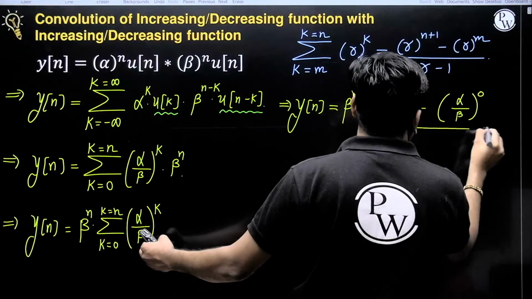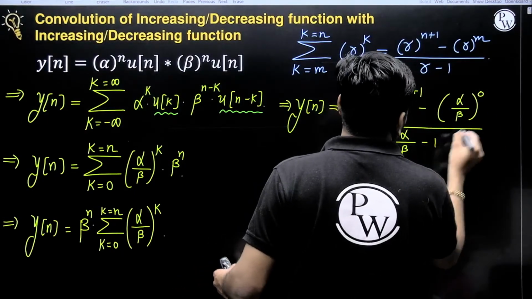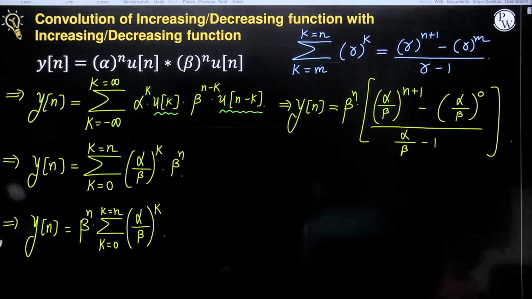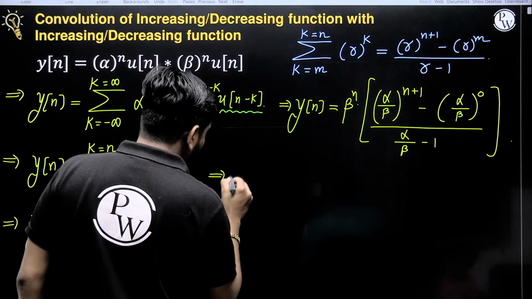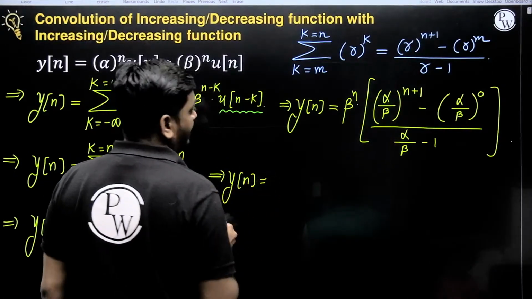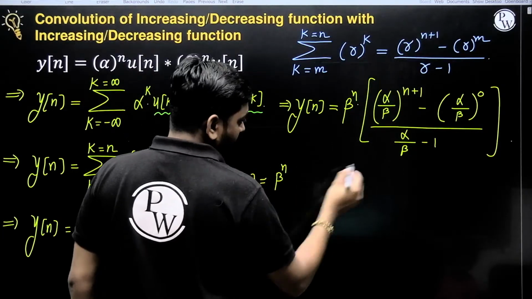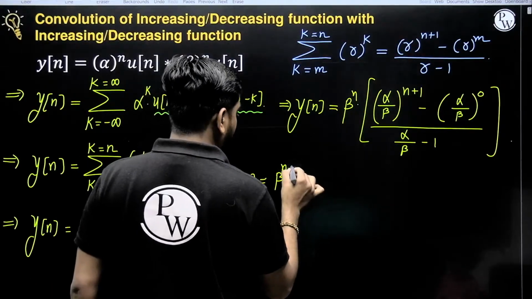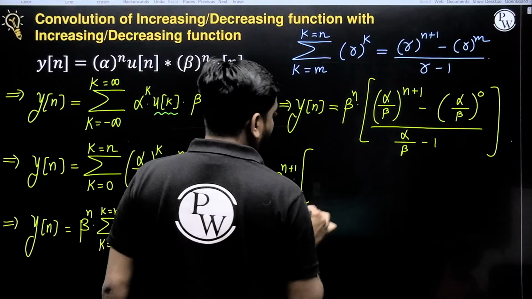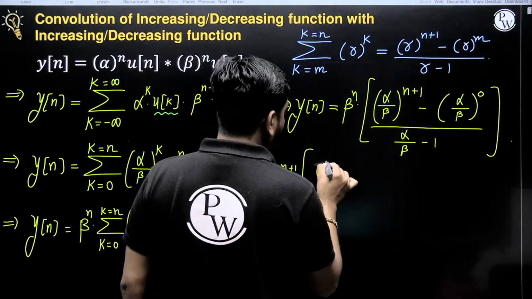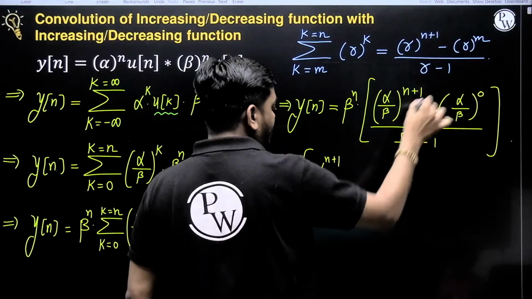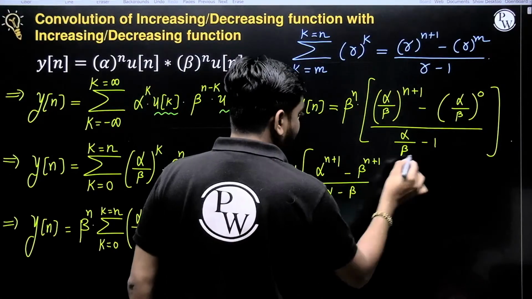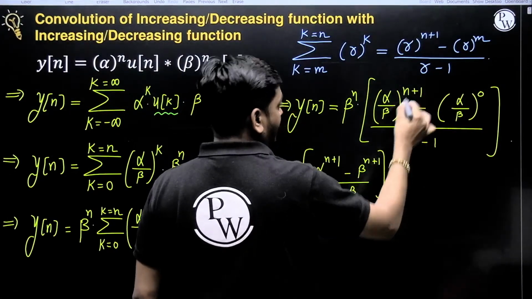So divided by alpha upon beta minus 1, minus 1, correct? Okay, so here y of n is equal to beta power n. If we take LCM, the alpha minus beta and beta will come in the numerator, multiplied with beta power n, it will be beta power n plus 1. In the bracket, LCM, alpha power n plus 1, this is 1, beta power n plus 1 LCM divided by alpha minus beta, this one, into here beta power n plus 1 LCM,